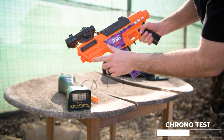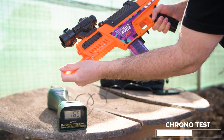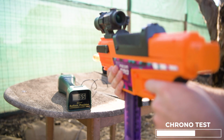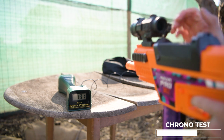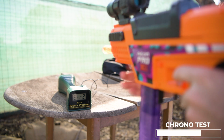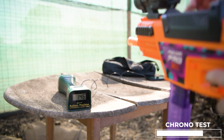I'm guessing it's because of how short this barrel is compared to the Nexus Pro. But now as I add this rifling on, which should increase the length of the barrel overall, I wonder if it might go up. Here goes. 144, 131, 143, error, 137, 146,